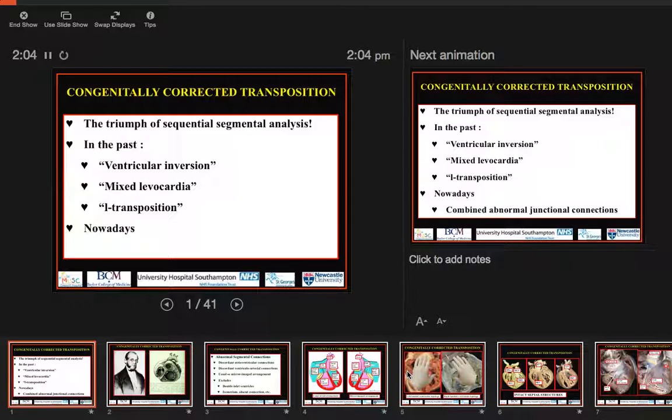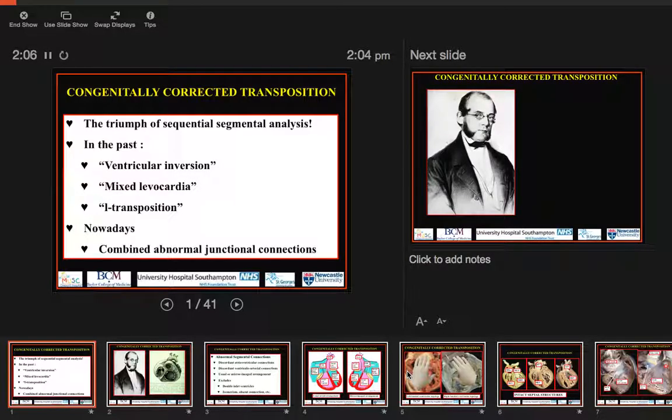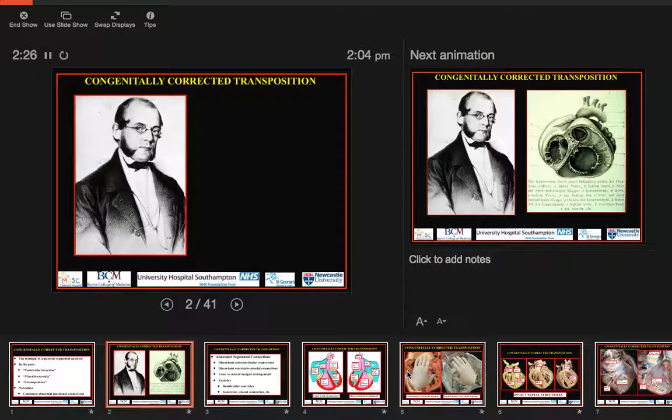So nowadays, we approach the lesion on the basis of the abnormal junctional connections, and what we're going to discuss over the next three-quarters of an hour or so is the combination of discordant connections at both the atrioventricular and the ventriculo-arterial junctions. We've known about congenitally corrected transposition for quite some time, and this is the man who first